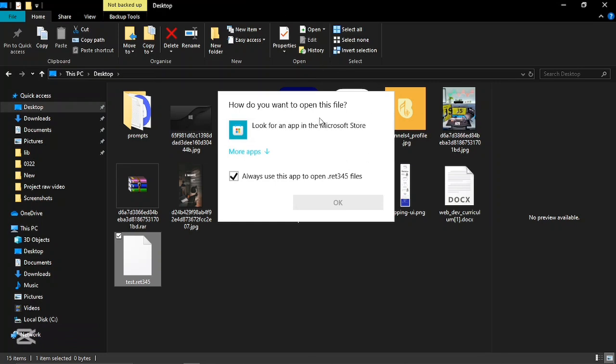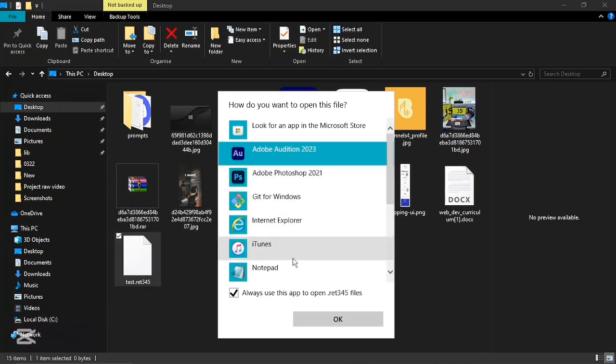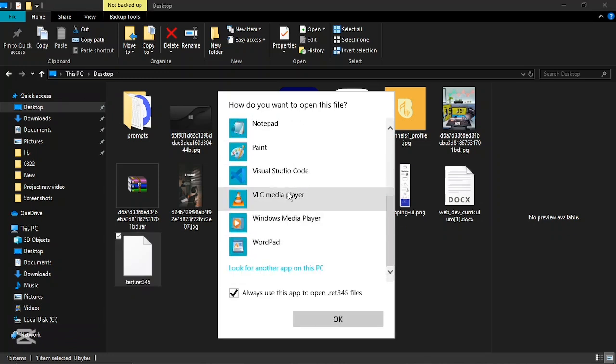Do you understand? I have a file extension that no app on my system has indicated interest in, so the operating system can't use any particular app to open this file extension. So it's asking me to look for more apps. Now if I choose one of these apps, for example VLC, it asks me whether to always use